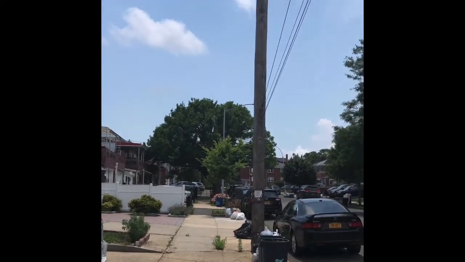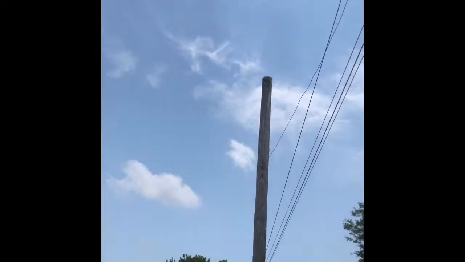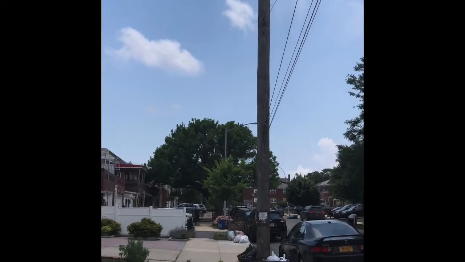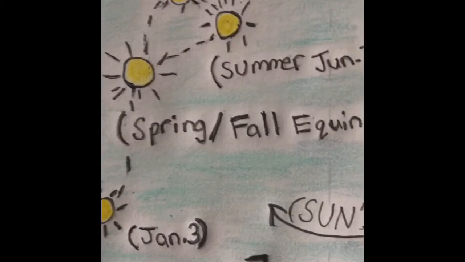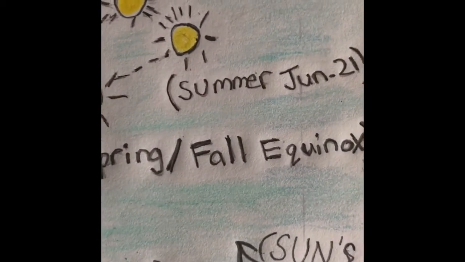So the sun is very high up. And I'll explain to you why the sun is very high up. Hello there. So the reason why the sun is very high up is because it goes through a phase. When it goes through a phase during the summer, the sun reaches its northernmost part of the earth, which is